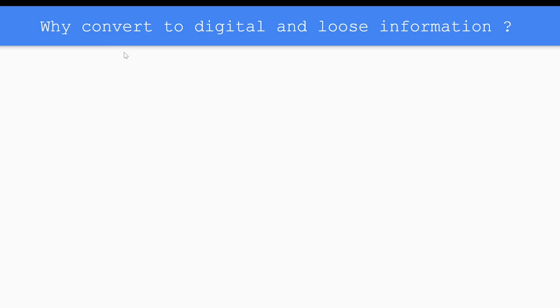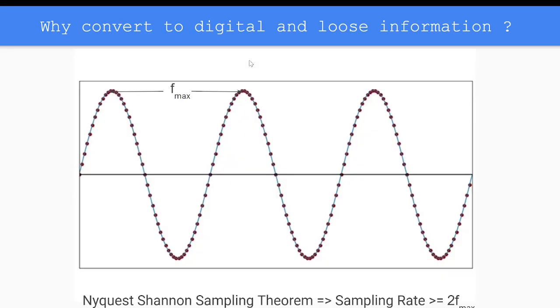So the question is, why convert to digital and lose information? The answer is that if we lose information, it means the processing is not going to be correct, or the signal cannot be reproduced in the same way it was captured from the environment. So that is kind of a big engineering flaw. So this question is very important to understand, and the reason behind that